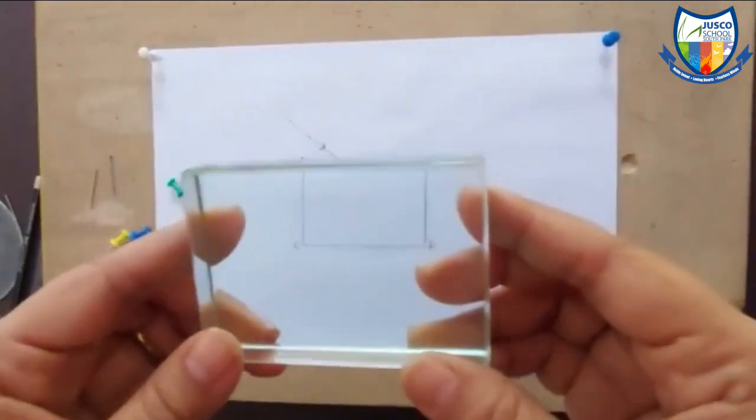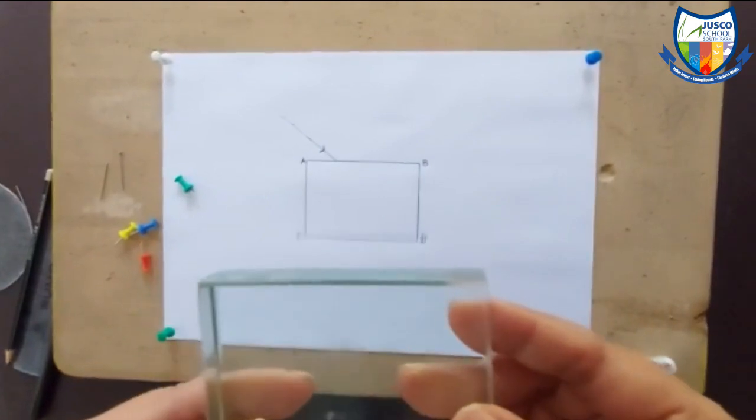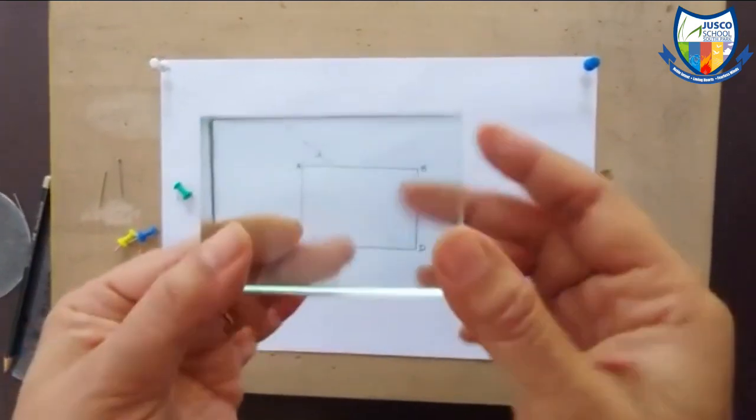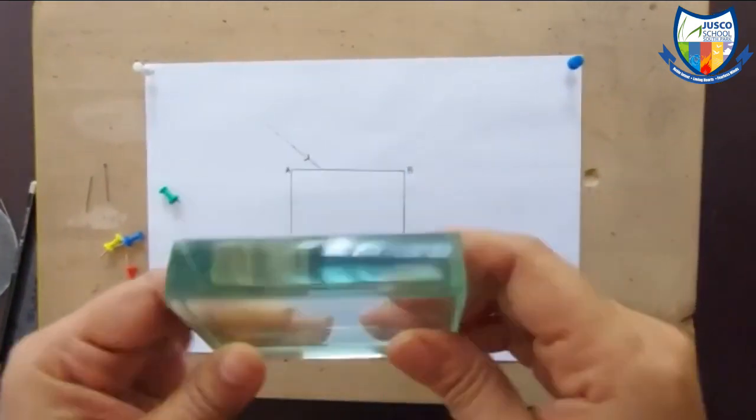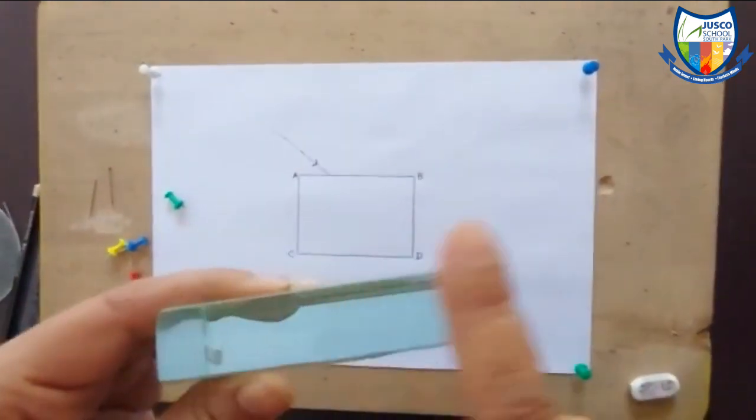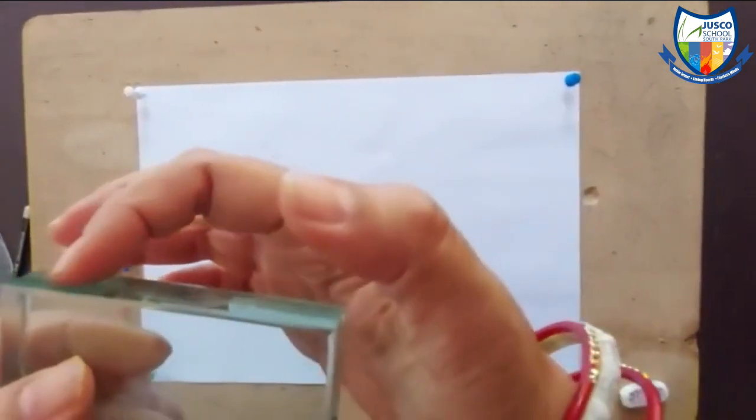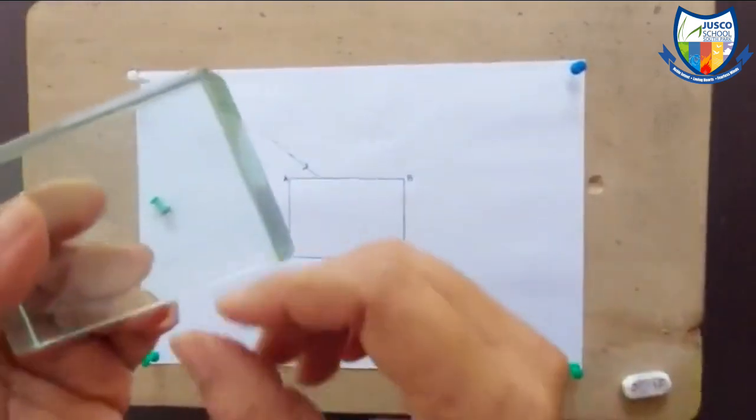Today we are going to do an experiment to understand the refraction of light rays through the rectangular glass slab. So here is my rectangular glass slab and you can see how thick it is. We will take this face and this face as the two interfaces where the light ray will enter and